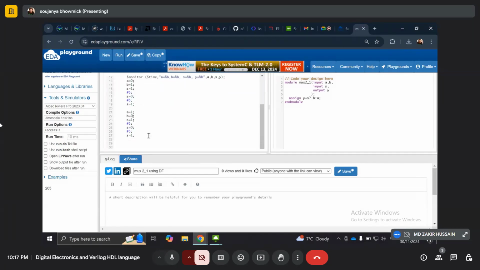Now, after line number 28, give hash 5 semicolon, dollar stop semicolon. Press enter and end. Press enter, initial, press enter, begin, press enter,